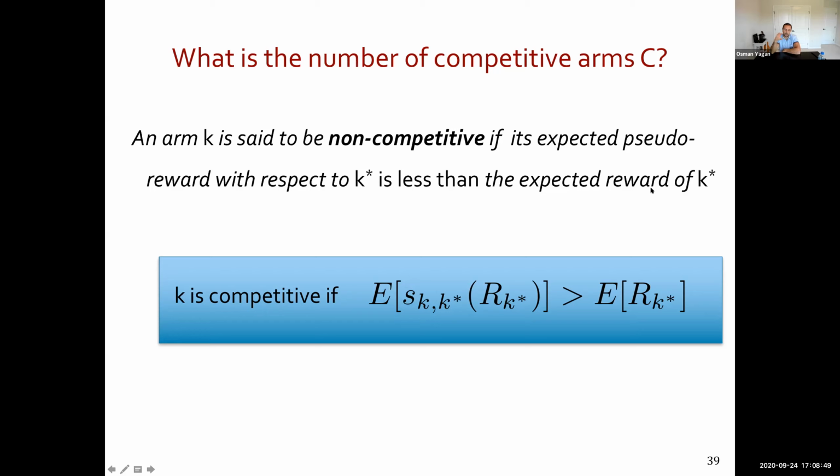So using only the samples from the best arm, you have a good idea about an upper bound on the rewards of other arms. Some of these upper bounds are not tight, so they tend to be loose, and they actually tell you the upper bound is above the reward that you see from the best arm. So in those cases, you are competitive. But if your upper bound is less than or equal to the best arm's mean, then you could be eliminated in finite time. So you are non-competitive in those cases.